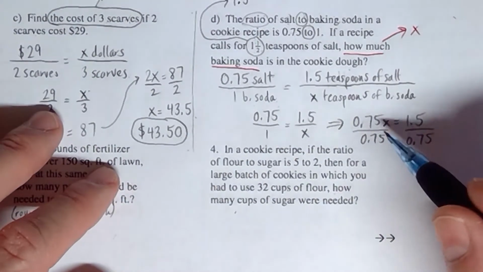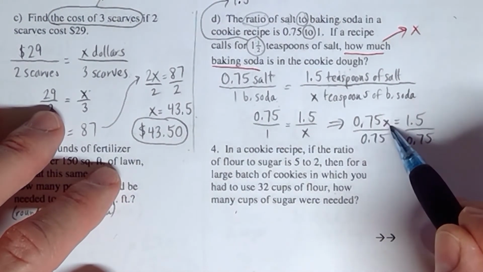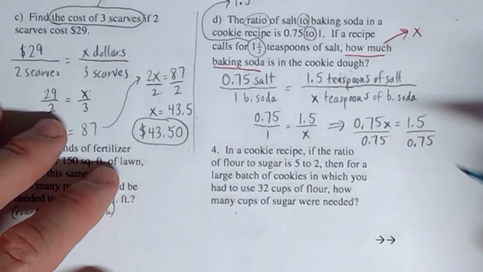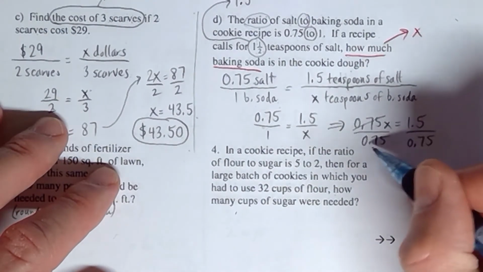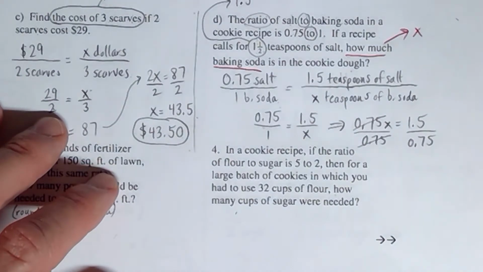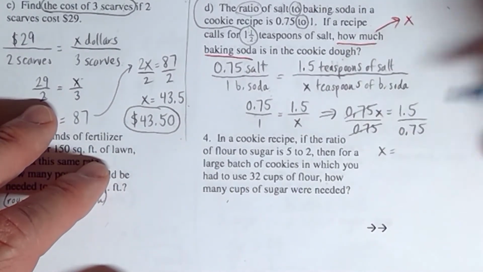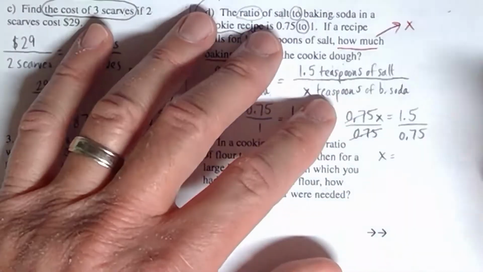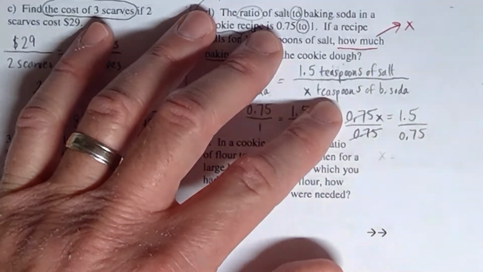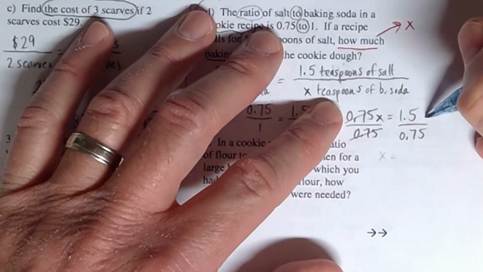You got a single term here. It's just like if you had 3x right here or 5x. You would divide by the thing that's being multiplied by the x to get the x by itself. What do we get here? 1.5 divided by 0.75 in your calculator would be equal to